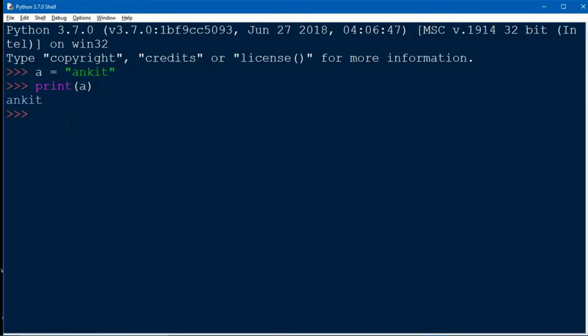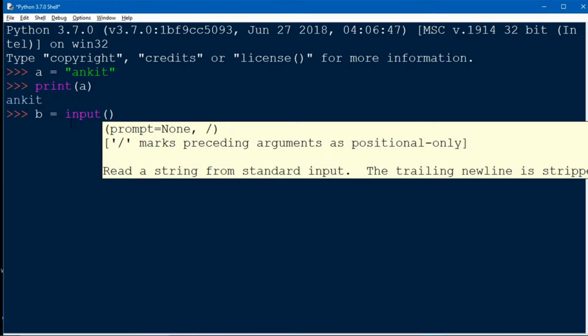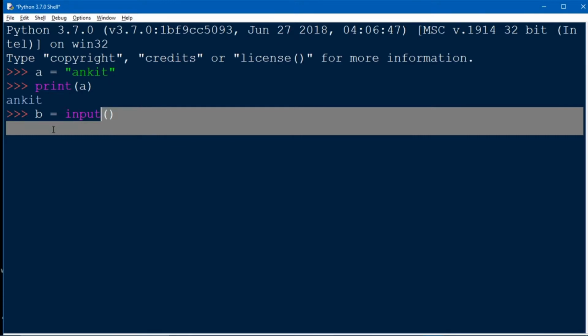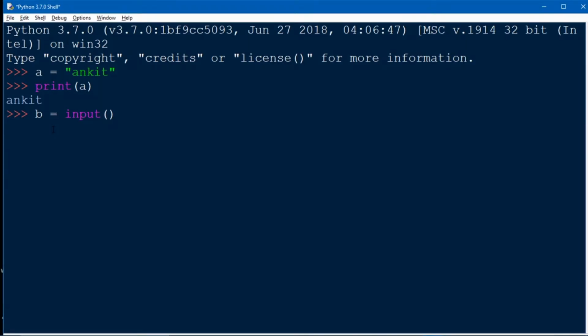Now for taking data from the user, we just have to use an input function. Let me show you how to use the input function to take data from the user. Just define a variable and set it equal to the input function. See, in the next line it will ask the user to type a data or type a value. Then we print the value of b. See, we got our value 100, which is the data input by the user.